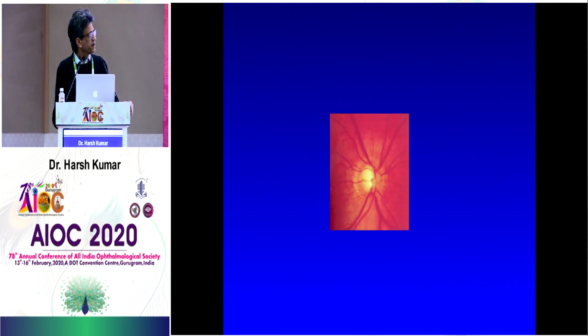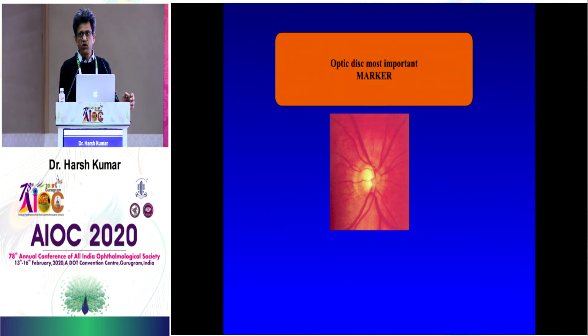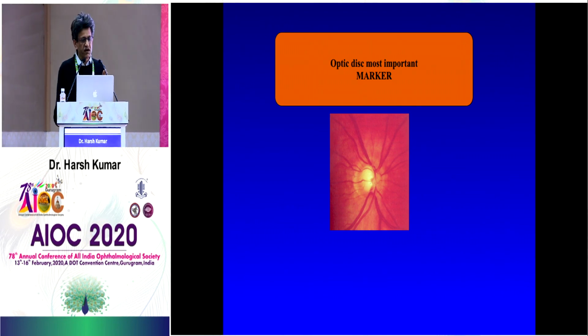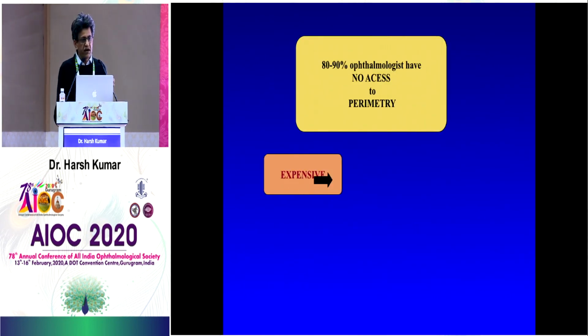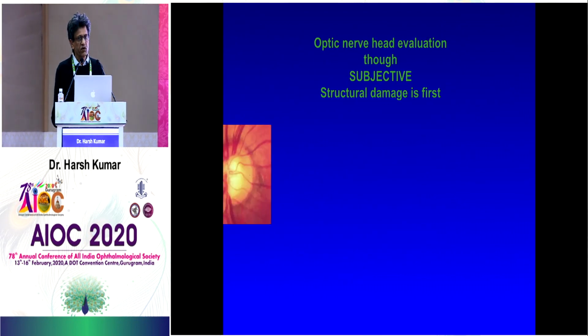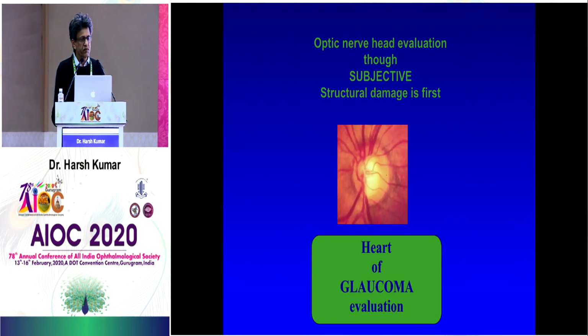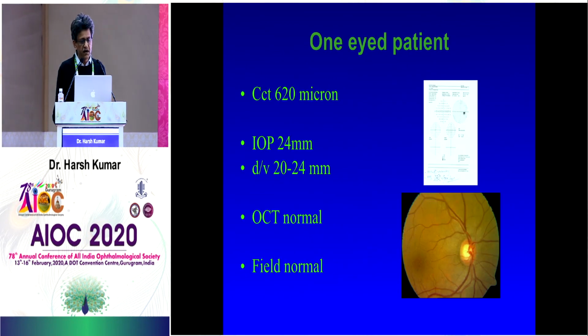So why is it that reading the disc is so important? Because each one in your periphery may not have other instrumentation. But this is the most important marker because, like we have already taught you, pressure is not important. And perimeter may not be available to you because it's extremely expensive for most people. So what are you left with? You are left with the disc.